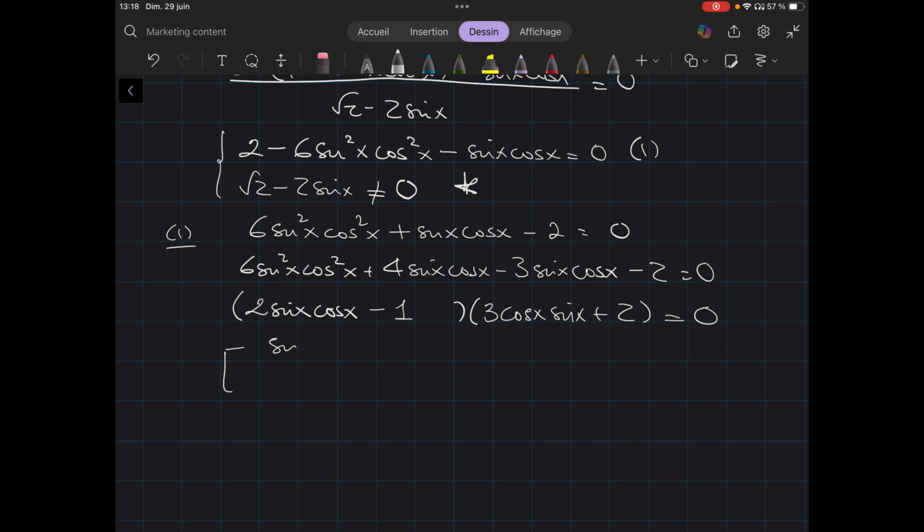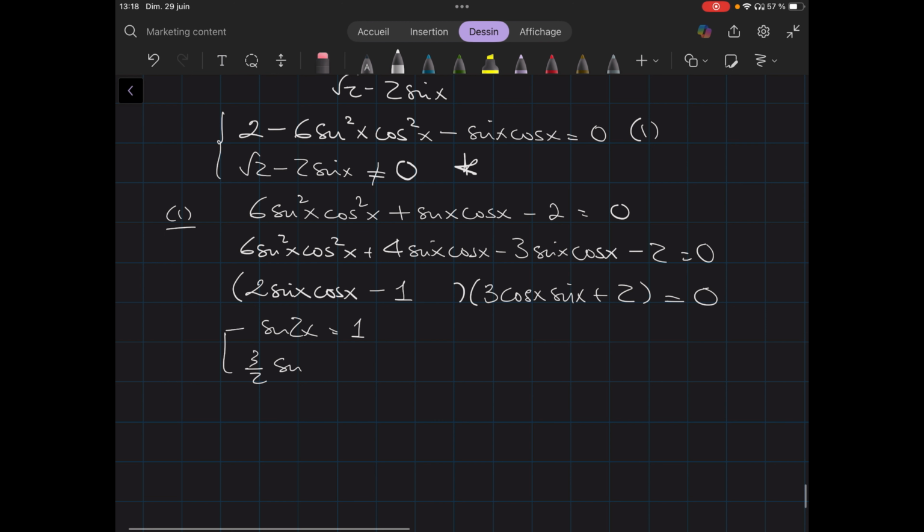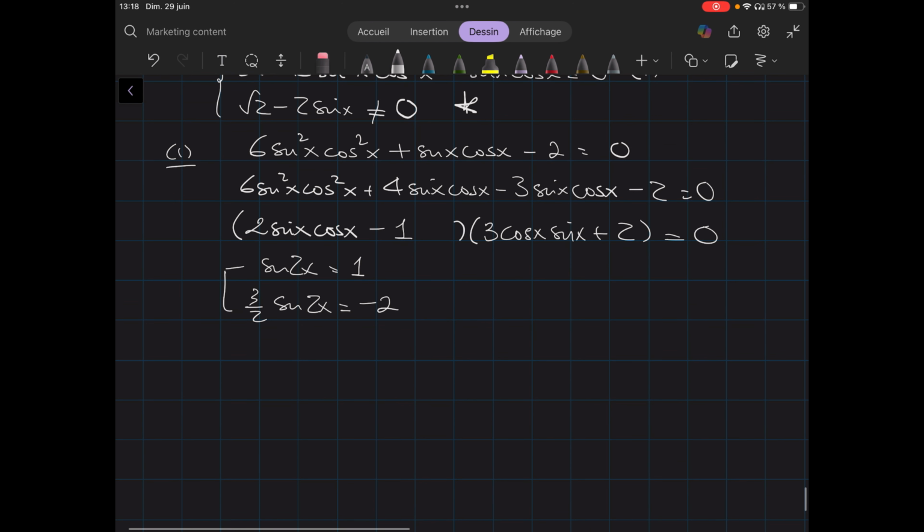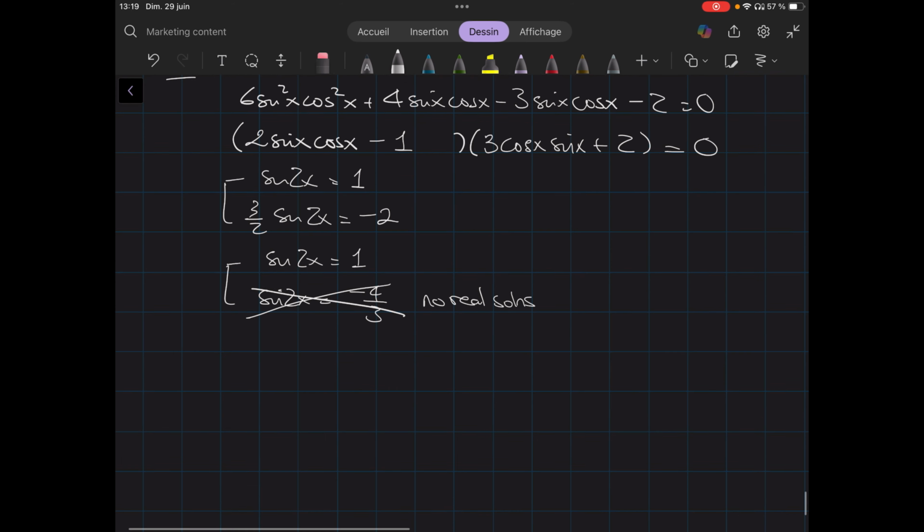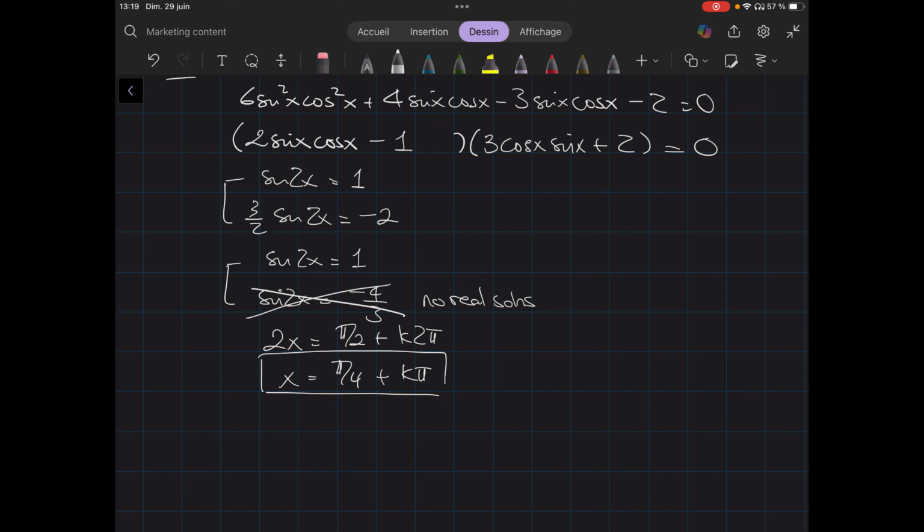From there, we have sine of 2x is equal to 1, or 3 over 2 sine of 2x is equal to -2. Sine of 2x is equal to 1, or sine of 2x is equal to -4/3. And we know that this one has no solution. Sine of 2x is equal to 1 if 2x is equal to pi/2 plus k2 pi, or x is pi/4 plus k pi. However,